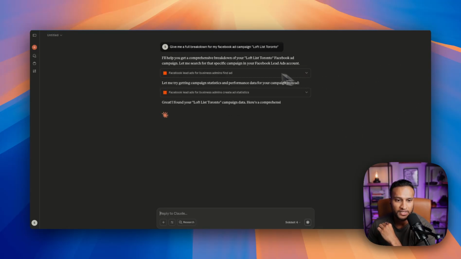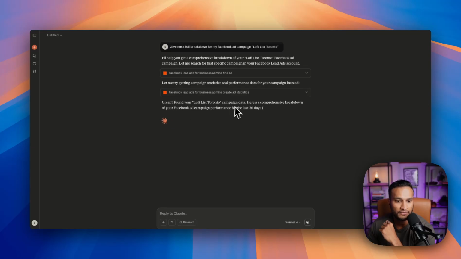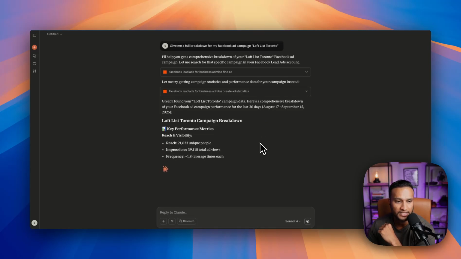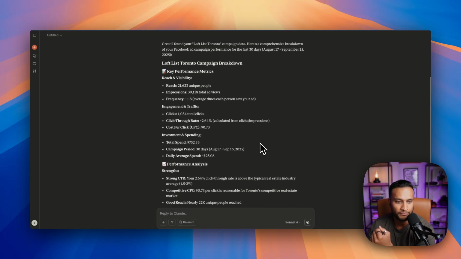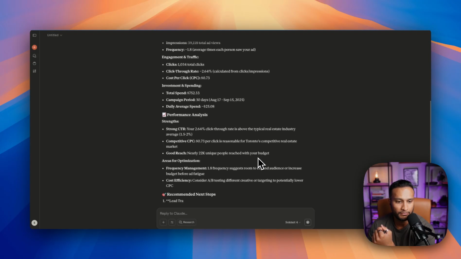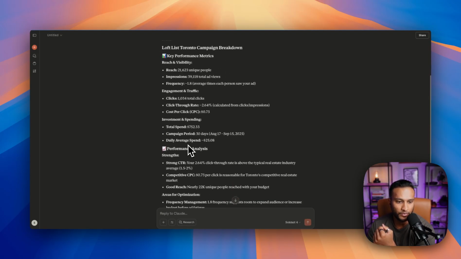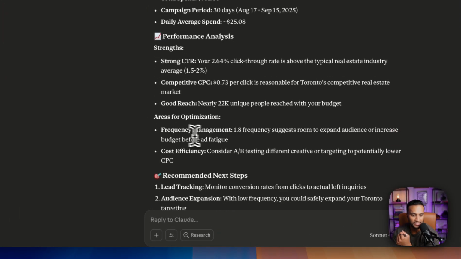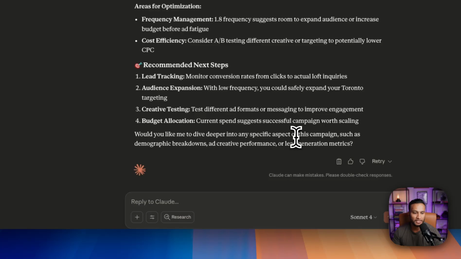Great. It takes about 30 seconds or so for it to start pulling data, and then it says, great, I found your loft list Toronto campaign data. Here's a comprehensive breakdown of your Facebook ad performance for the last 30 days. And then it's going to start giving the key performance metrics. And then it gives you full analysis on what's happening over the last 30 days. It's going to give you areas for optimization, recommended next steps, and then you can also